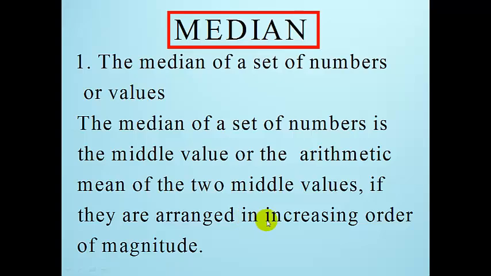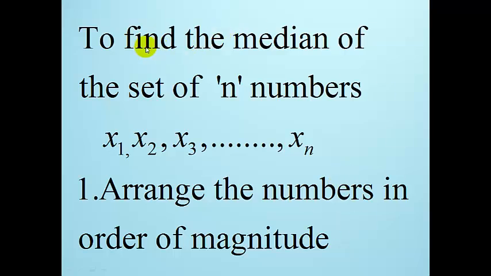You have to arrange them in increasing order of magnitude. So we say the median of a set of numbers is the middle value or the arithmetic mean of the 2 middle numbers. Now let's see how best we can find the median. Now to find the median of a set of numbers,